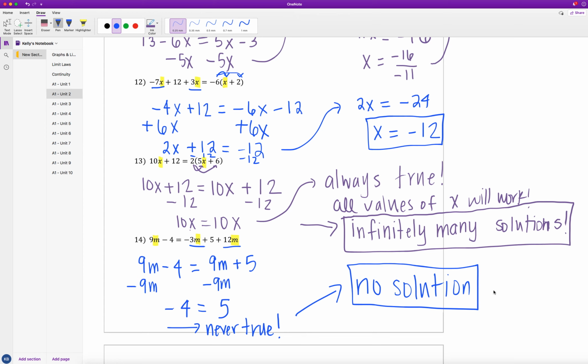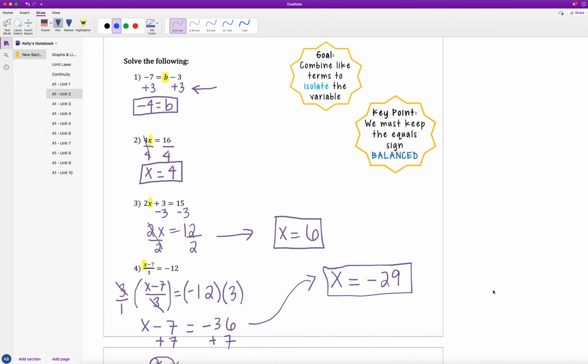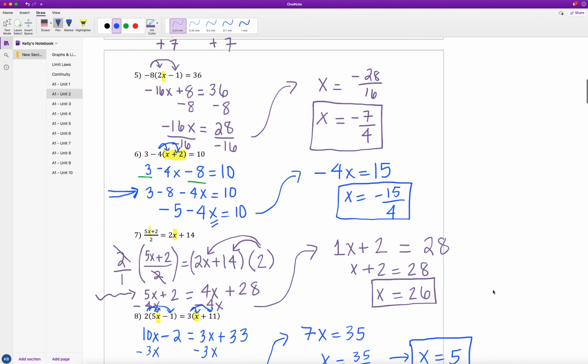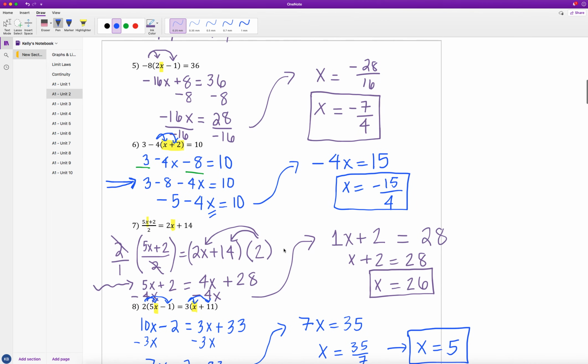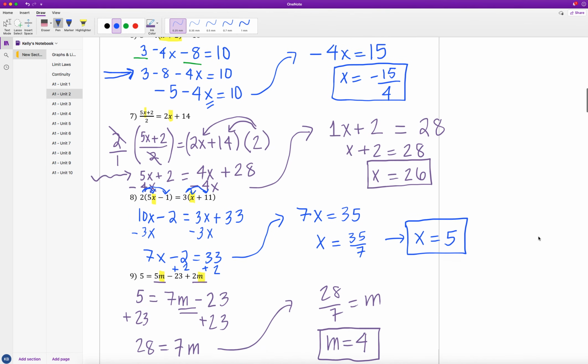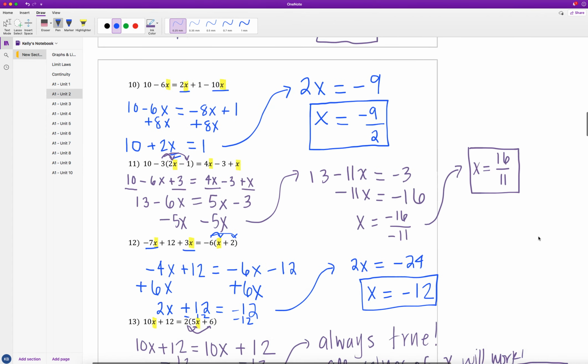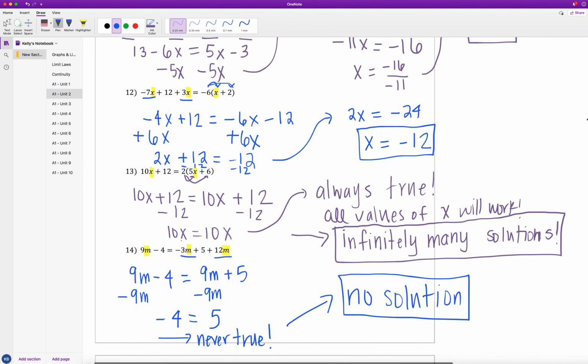That is the beginning portion of Learning Target 2A, where we're focusing on solving lots of different types of equations that we're solving. We started with our one-step and our two-step equations. Those were our examples way back in the beginning, with examples 1 through 4. And then with example 5 and further, they started to become more complicated with more steps that we were doing. But remember, if we take it one step at a time and we really focus on let's simplify the left side as much as we can and simplify the right side as much as we can, then from there as I start moving stuff around, this will make this a lot nicer for us as we go through and we build up to harder and harder